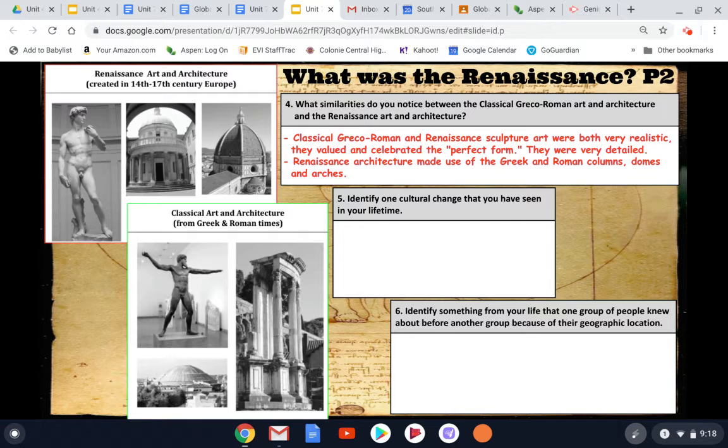The second thing I notice is in the buildings. The features of Renaissance architecture made use of Greek and Roman features like columns that you see very pronounced in this entryway to this Greek ruins, as well as over here in the porch entryway of this Renaissance period building. There's also domes that they're constructing, which on the Hagia Sophia Church was one of the biggest domes that the Roman era Byzantines constructed.